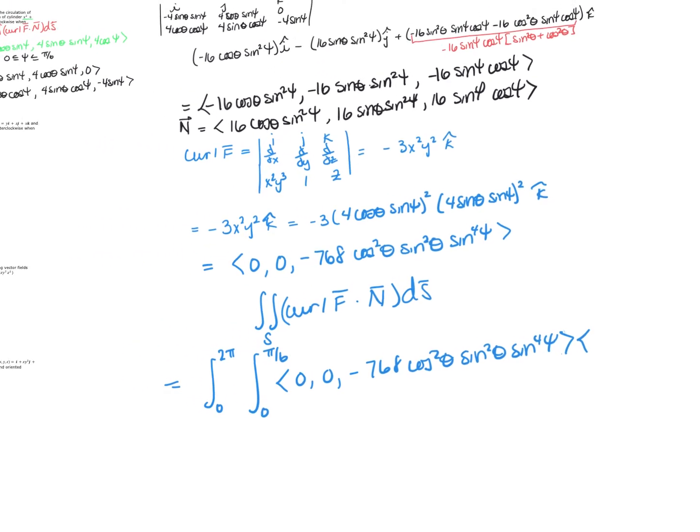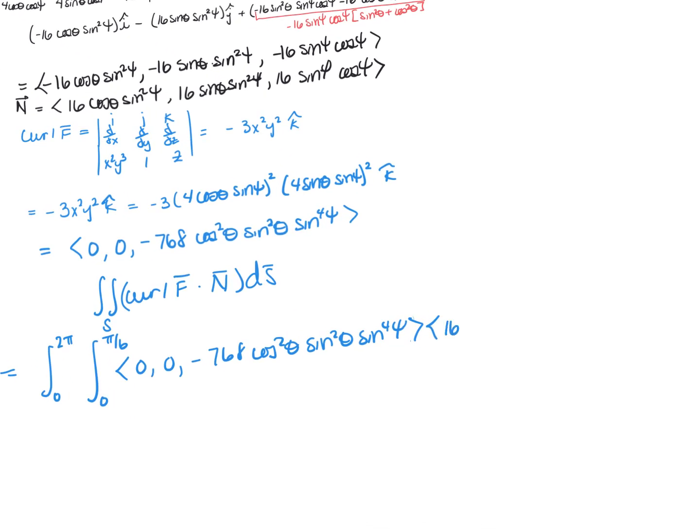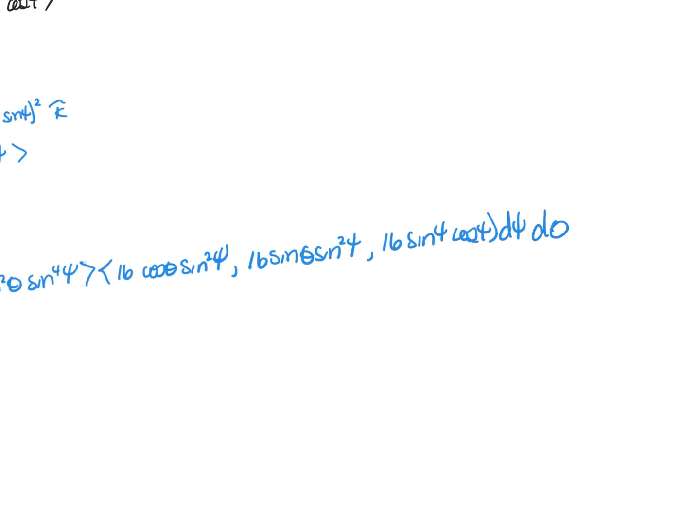I did my n first, or I did my curl first. My n, which is 16, the cosine of theta, the sine squared of phi, 16 the sine theta, the sine squared of phi, and 16 the sine of phi, the cosine of phi, d phi, d theta,